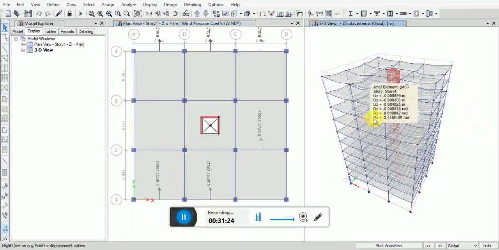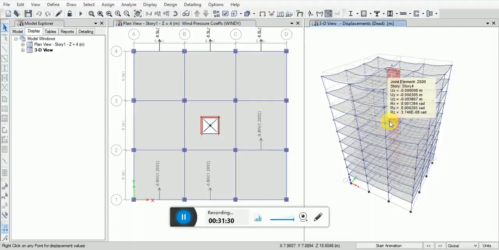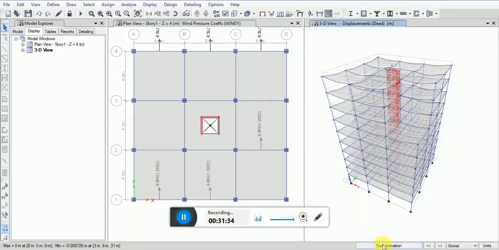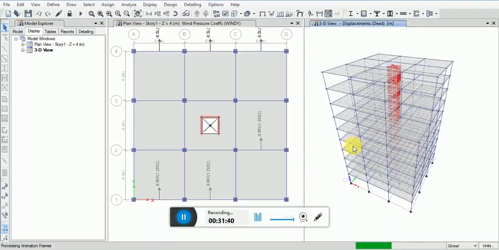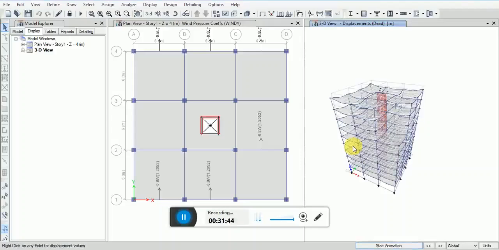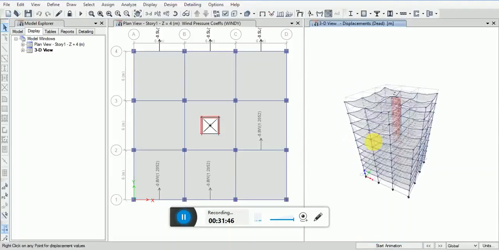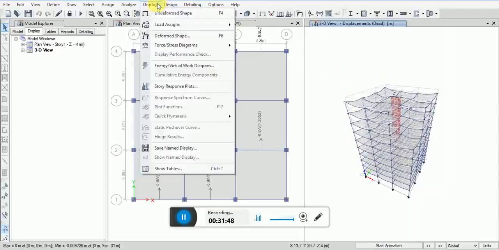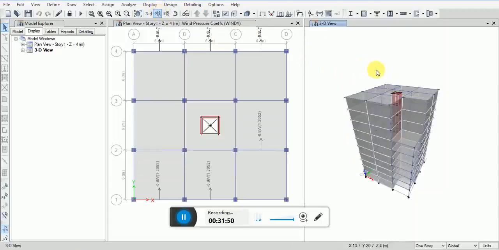You can see the deformed shape of the building. Anywhere you take the cursor, it is reaching the restraint in the joint element. If you start the animation, now if you go to the display, show undeformed shape,